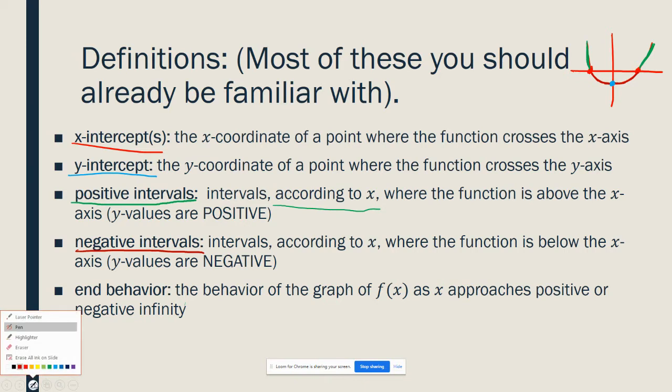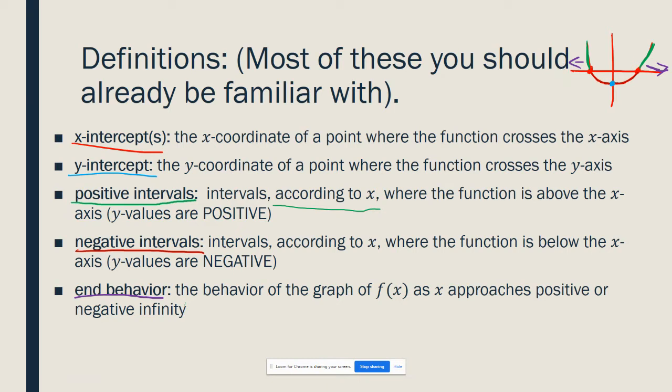Now those four terms are ones you should have been exposed to before. This last one, end behavior, is completely new. When I say end behavior, I'm talking about the behavior of the graph of the function f of x as x approaches positive or negative infinity. So what that's basically saying is, what is this graph doing as x gets really big in the positive x direction,